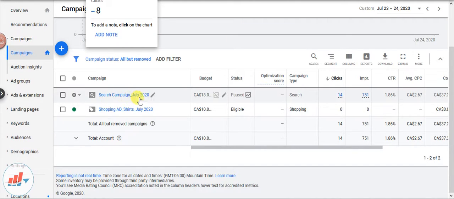This was the search campaign that we created, and we have paused it right now because we are not getting enough return. And this is the shopping ad that we are running.